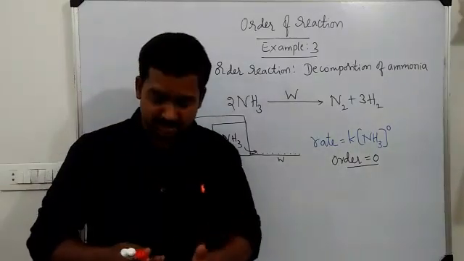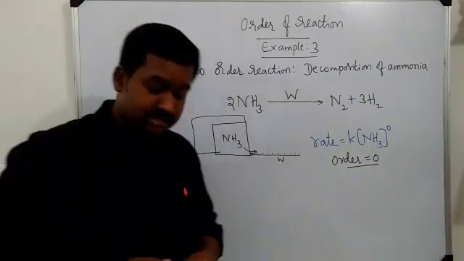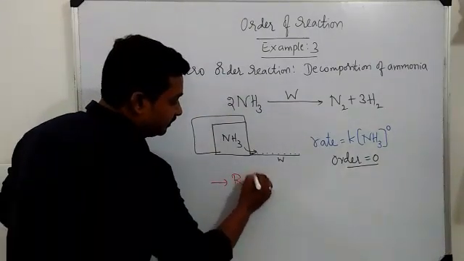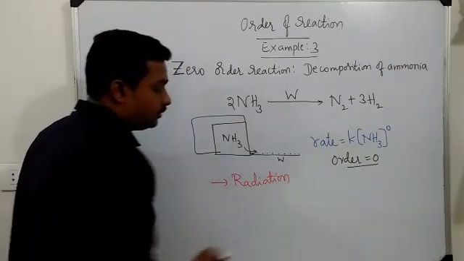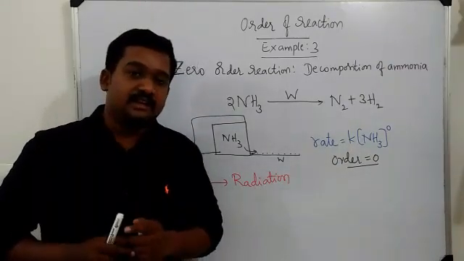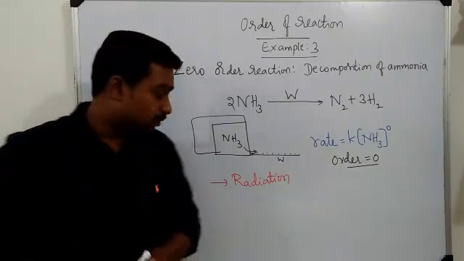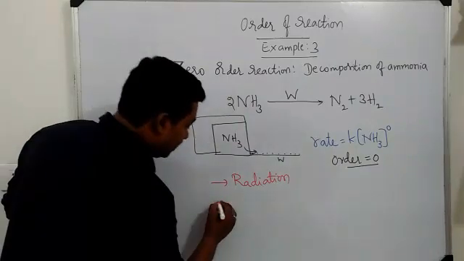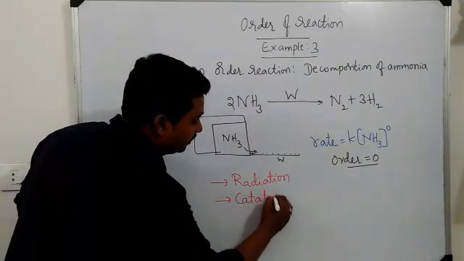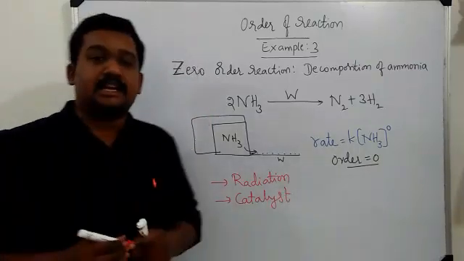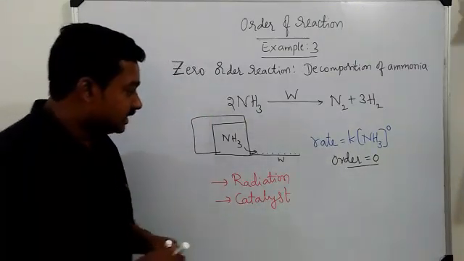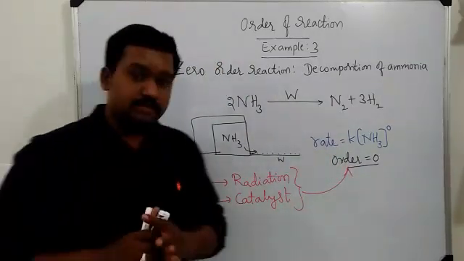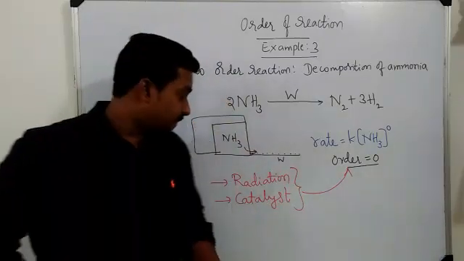There is one generalization for these concepts, that is to understand 0 order reaction. Whenever the reaction involves radiation, as we discussed in our previous video, we have seen the formation of HCl in the presence of diffuse sunlight. So if we use any radiation for the reaction to occur, or if we use any catalyst in the reaction in the rate determining step, in such cases the order of reaction is going to be 0 order. So the final generalization is